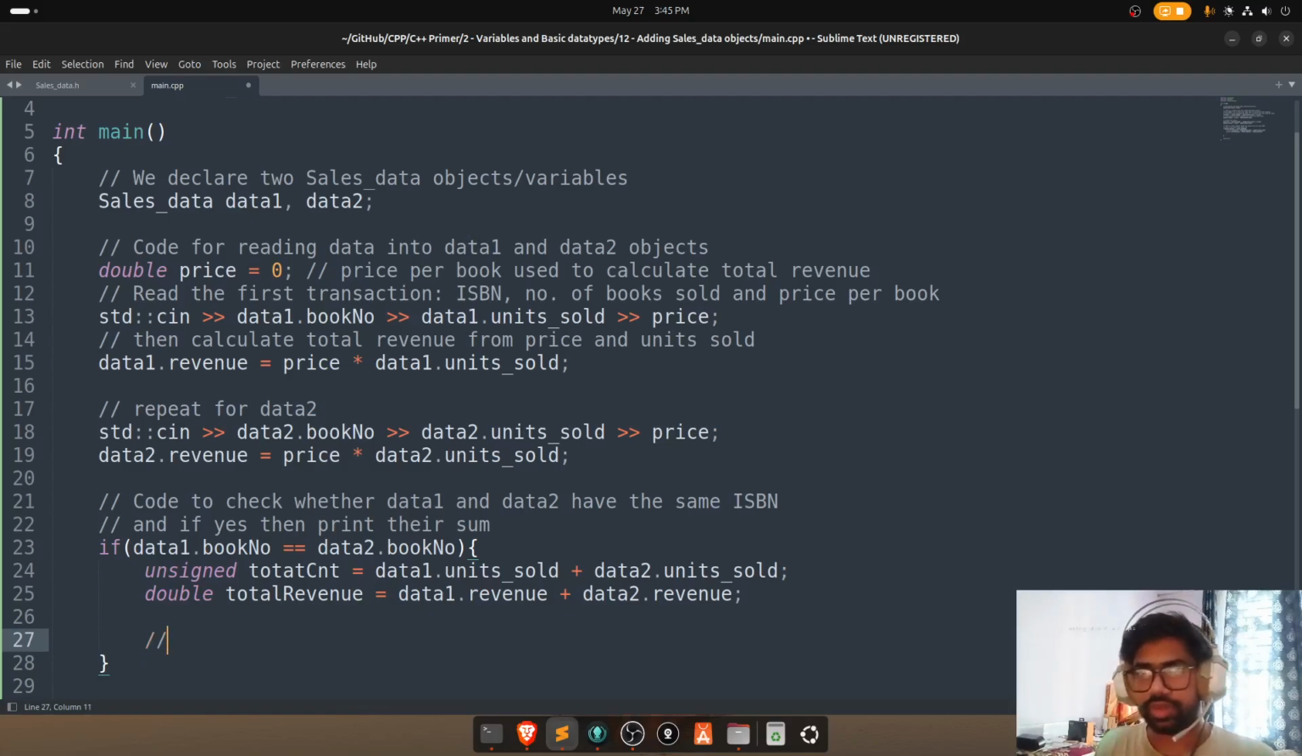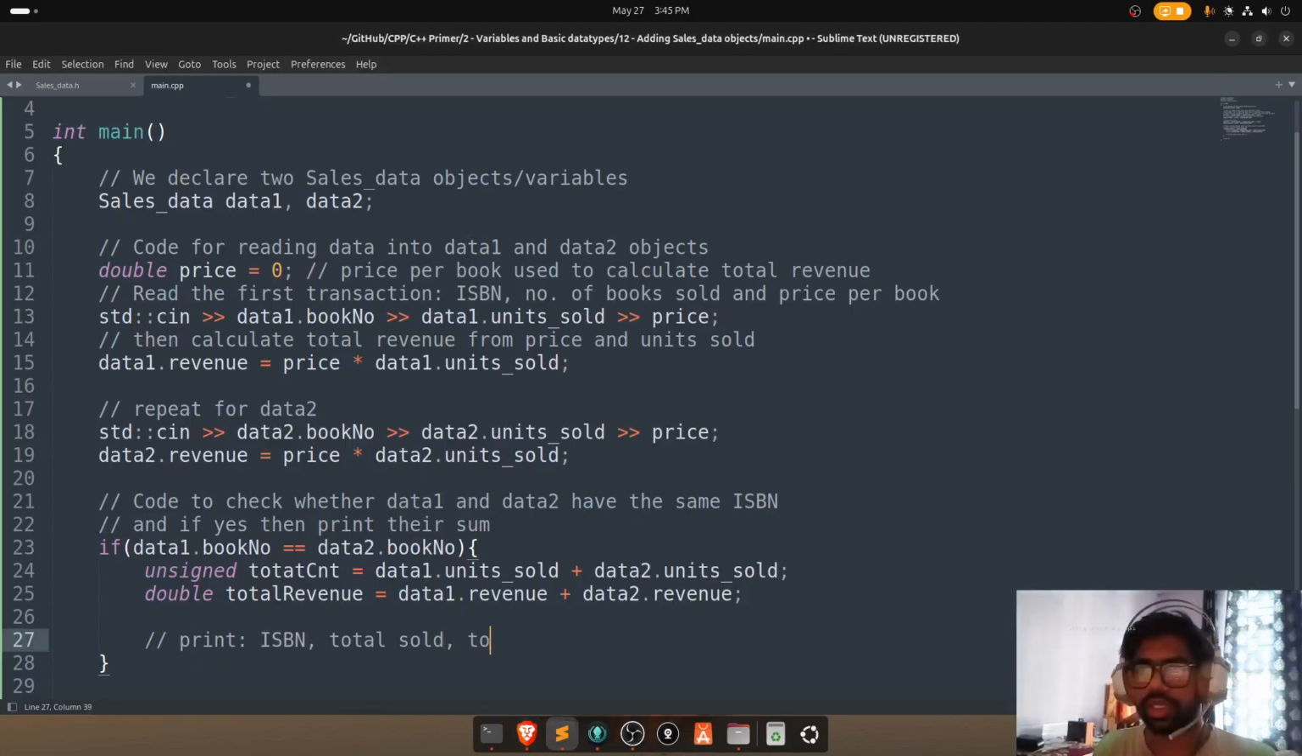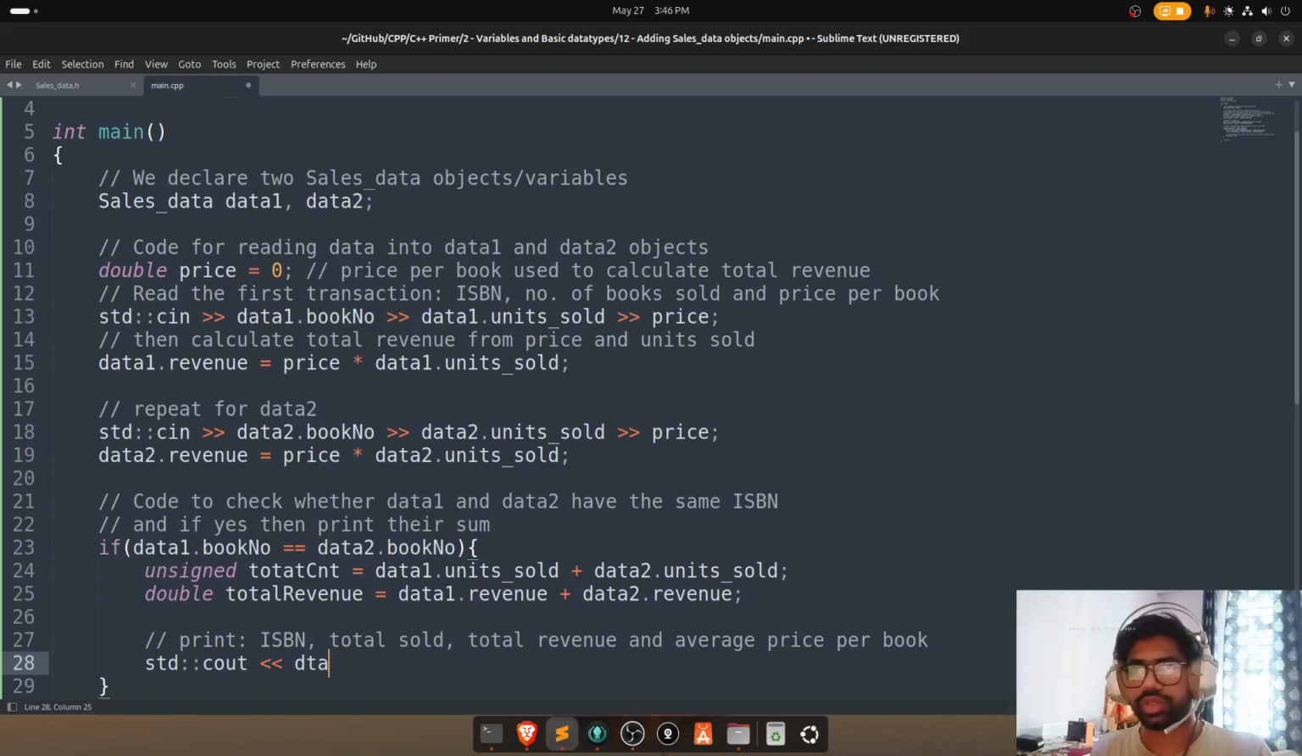Okay, then print ISBN, total sold, total revenue, and average price per book. So cout data1 dot book number, then total sold is total count, then we have total revenue,